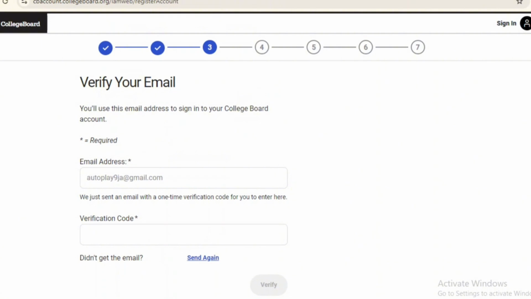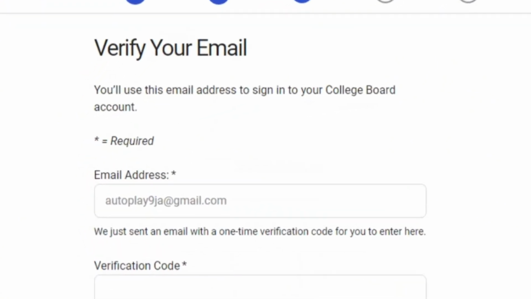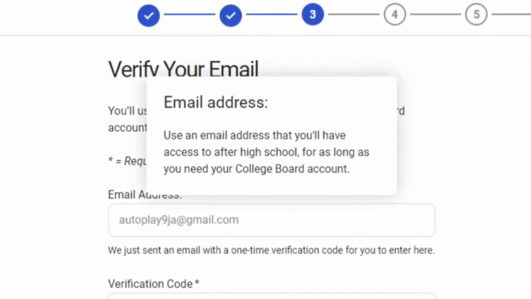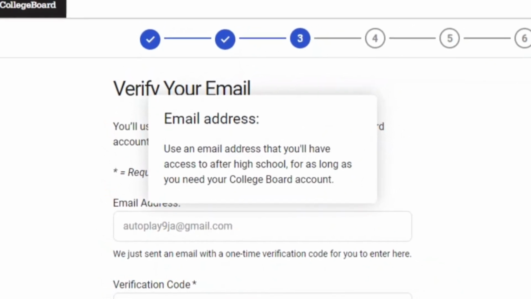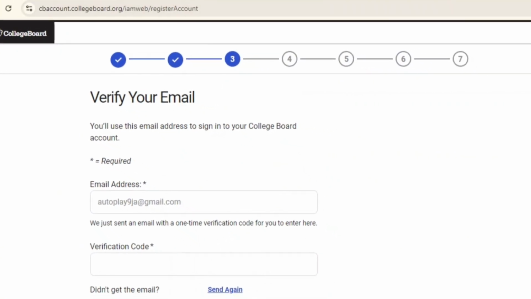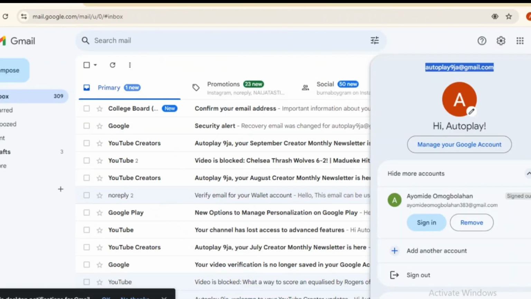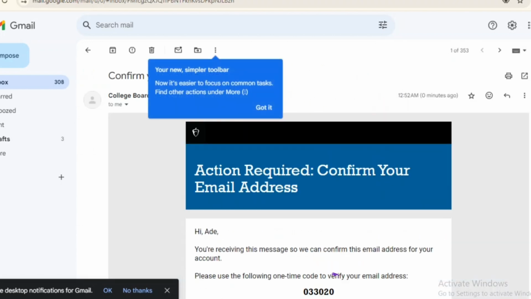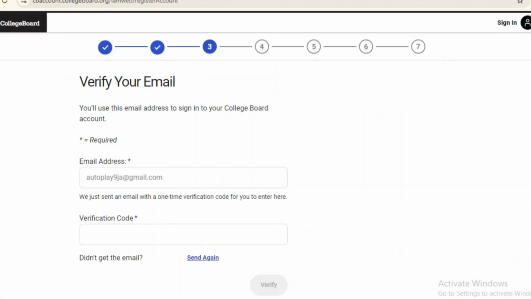So listen, just read this. You use this email address to sign into your College Board account, required. So the email address is very important. They told me that they've just sent an email with a one-time verification code to me. So I will just go to my email. The one-time verification code is actually waiting for me. Once I have it here, I'll copy it, then I'll come back to where I was doing the